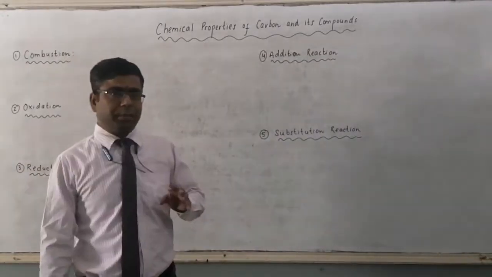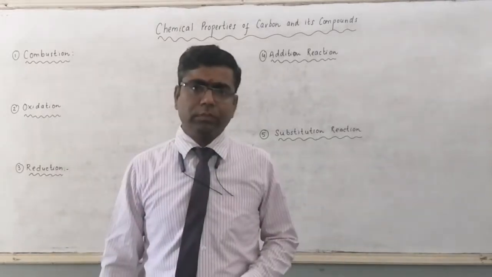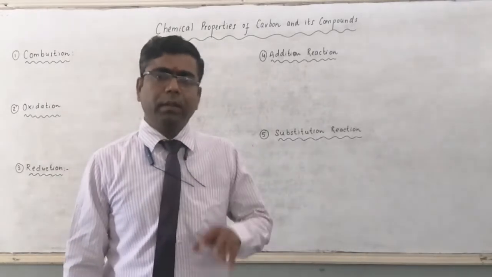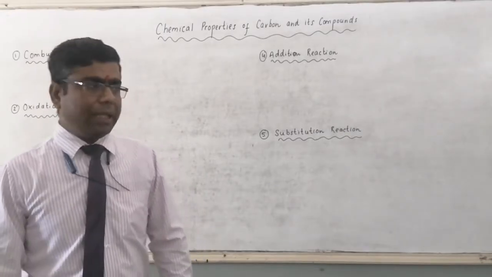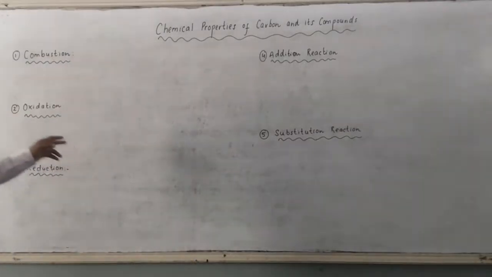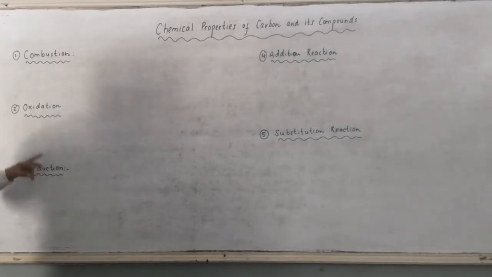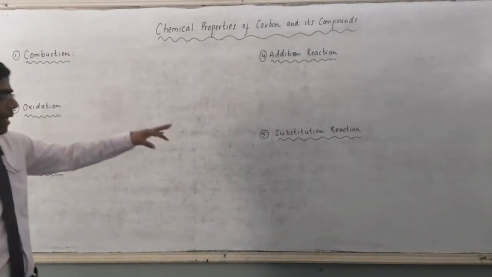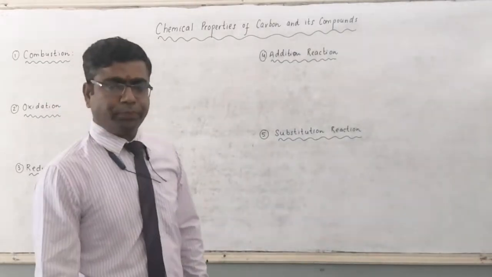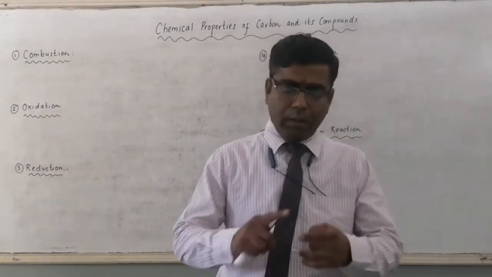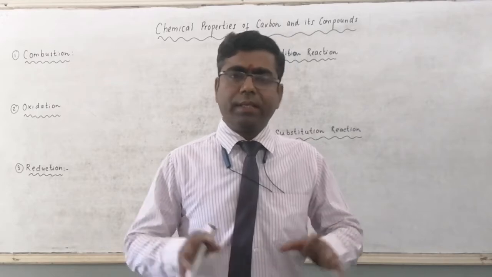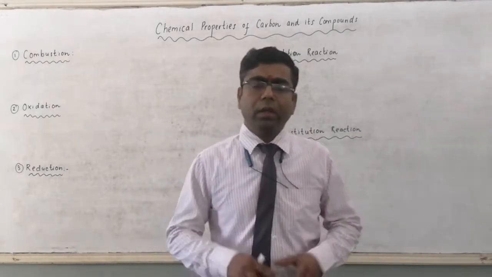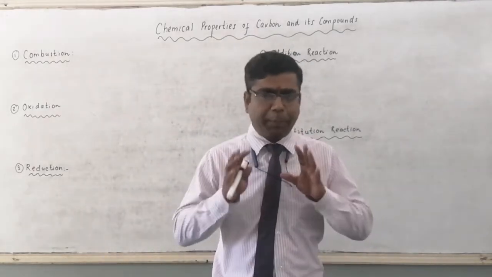So carbon and its compounds exhibit basically five types of reaction, and the reactions are again combustion, oxidation, reduction, addition, and substitution reaction. Now, number one, combustion. What is the meaning of combustion? Burning of any substance